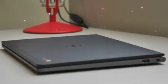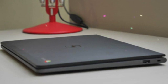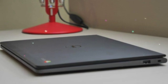This puts the Dell right up there among Chromebooks and the longest-lasting Windows laptops, such as the Dell XPS 13 and Lenovo